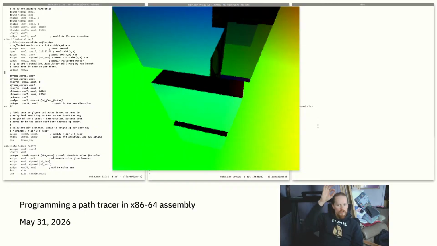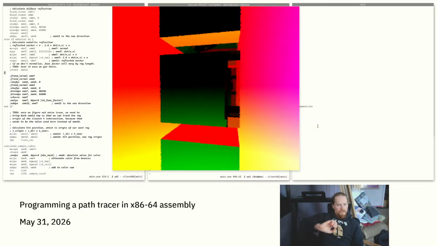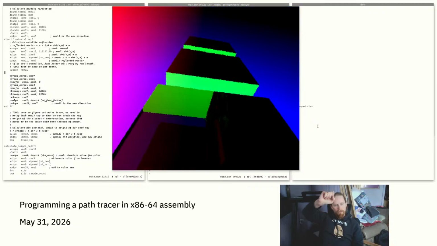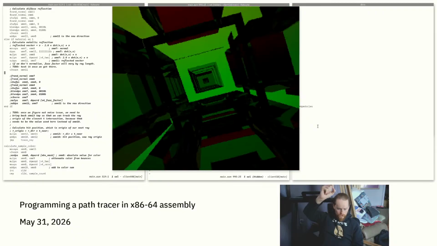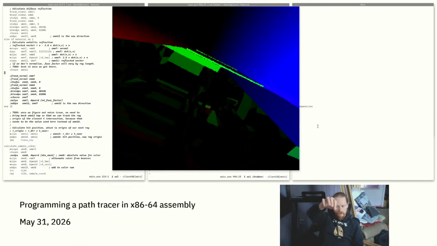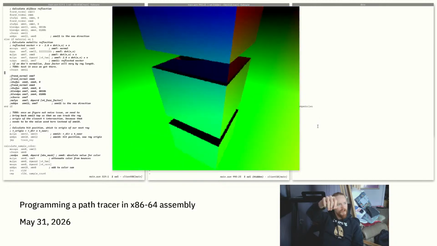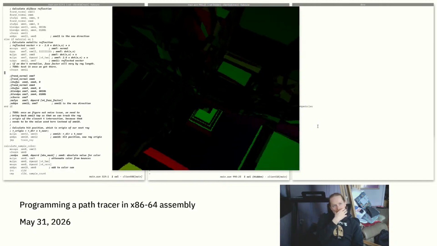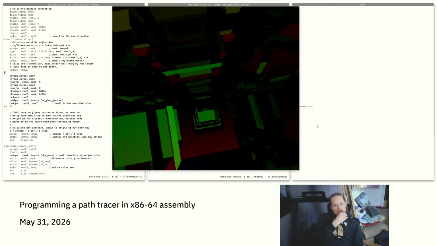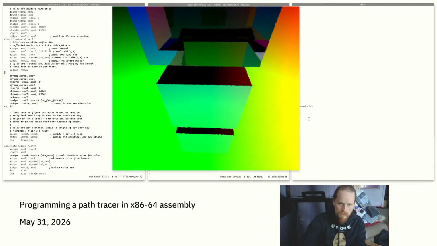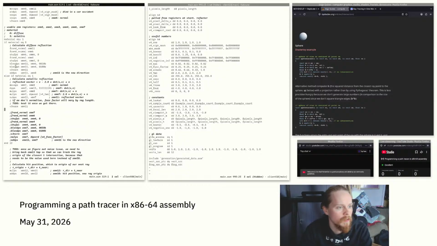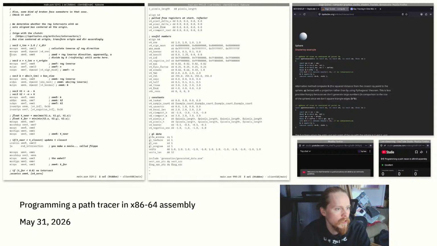So when we trace a ray, we're offsetting the ray, and then if we hit something, that becomes the new ray origin. And then we transform that ray. Well, I don't think this really makes sense, but let's try doing